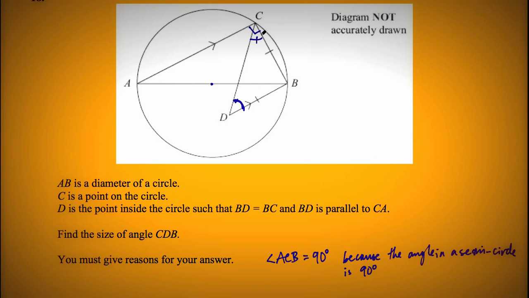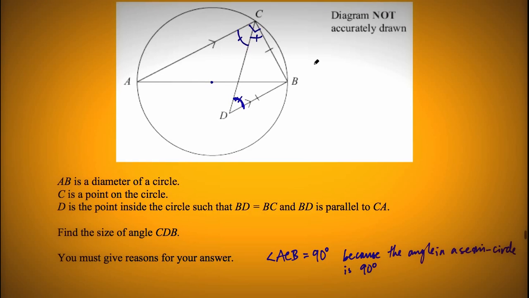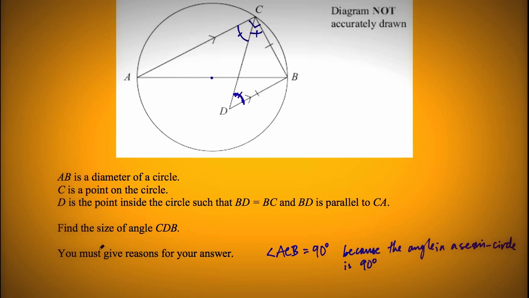Thinking about angles on parallel lines though, that angle must be equal to that angle because of alternate angles on parallel lines being equal. So, given that ACB is 90 degrees, if those two are equal, and those two are equal, these two must be equal, which means that they're each 45 degrees. So I now need to put that into words. My answer is 45 degrees, but I will explain that as